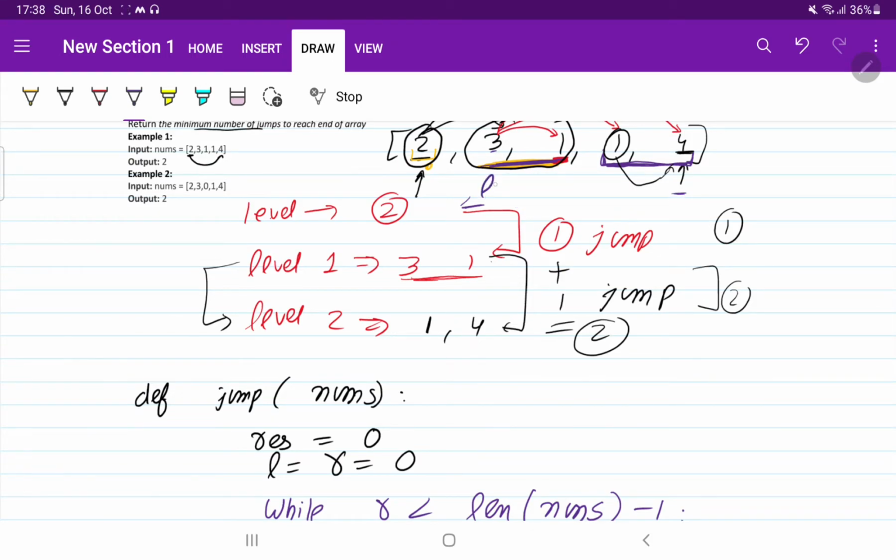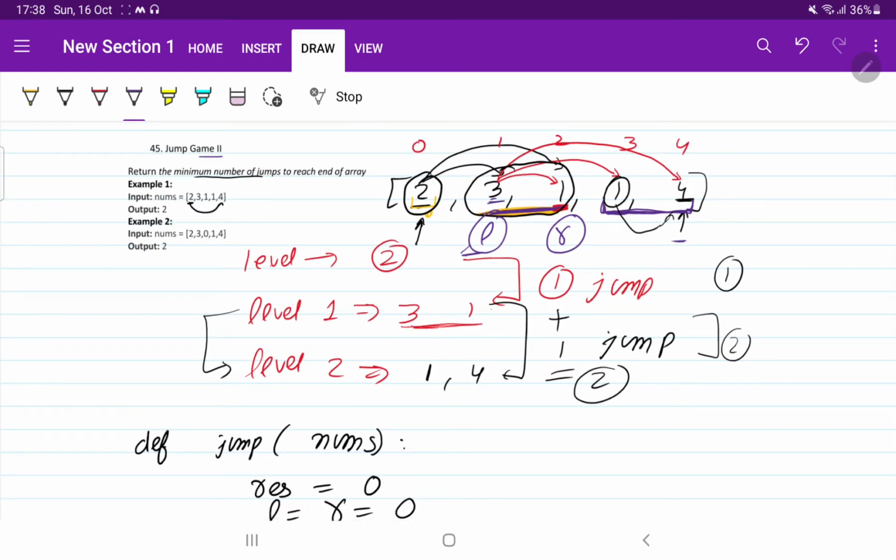Okay, so now think the problem in this way. Okay, this is the leftmost position, this is the rightmost position. So what we have to do, we have to come to the 3 and we have to check what is the farthest point that we can go. So if you come to the 3 will say that I can make a jump of length 3 and we can reach to the maximum of 4. If you are going to come to the 1 and you are going to ask from 1 what is the farthest length that we can move, so you can reach to the index 3. So farthest length is required.